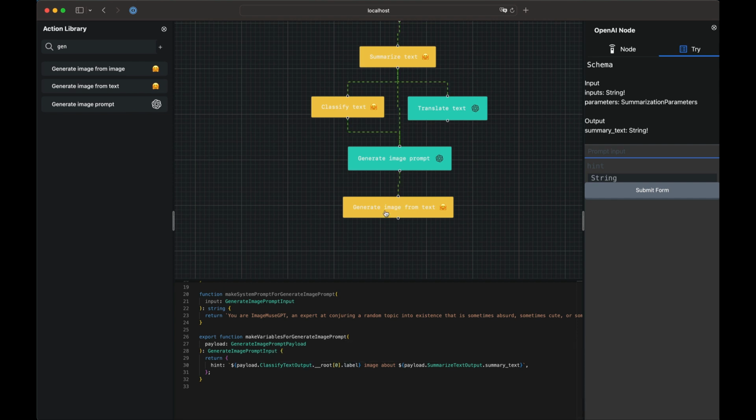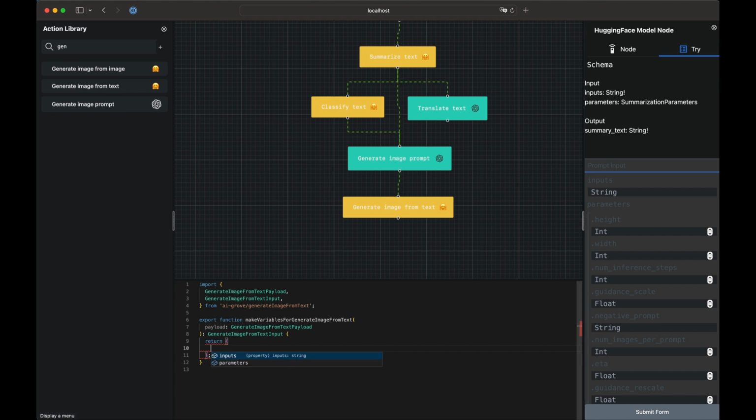And finally, whenever we go to generate our image from the text, you can see here that we're going to pull from our payload. I'm going to say this is our visual description, but also we're going to include some additional parameters in here, which again are all autocomplete. One of which is a negative prompt. And if I hover over this, I can see that this is things that should not actually be inside of the image. And our prompt generator actually has the negative prompts in there as well. And I see we actually have artistic style. So I'm going to go ahead and say in the style of